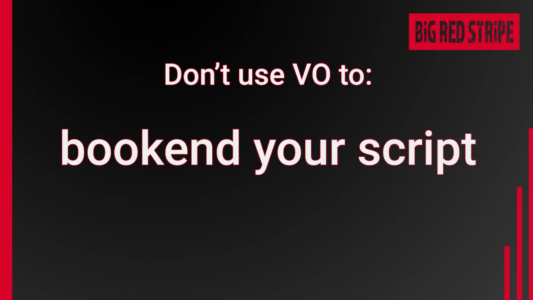So let's talk about 3 ways where using VO is bad so you can avoid them. First use of bad VO, when its only use is to bookend your script. If you've got some VO at the beginning of your script and you've got some VO at the end of your script, but you have no VO anywhere else, you are bookending your script with VO. In other words, you're using VO to cheat. At the beginning, you're using it to tell the reader essential information that you couldn't figure out how else to get across to the audience.